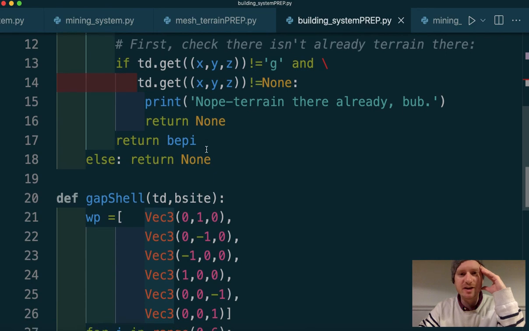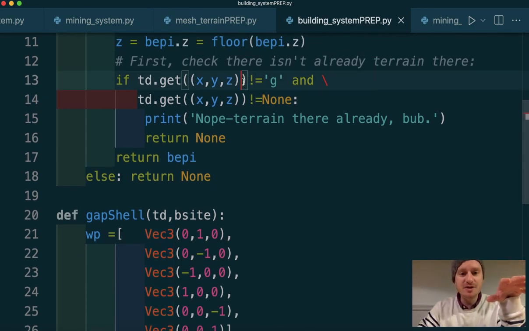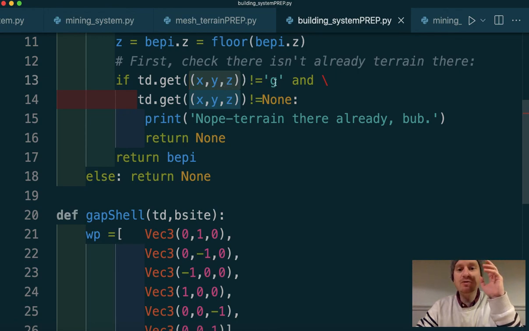Anyway, let's read the whole thing. So I'm using the dictionary. I'm using a new tuple. Thank you again, Mr. Less Right. Using that tuple to build a key, and if it doesn't equal a G, which means gap, so if it's not a gap and it's not none,